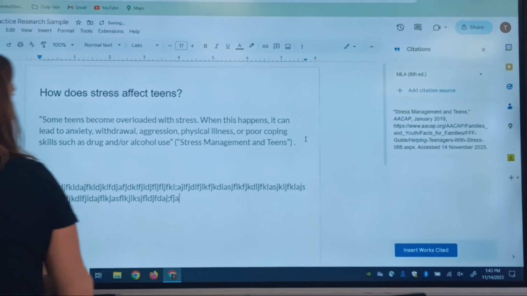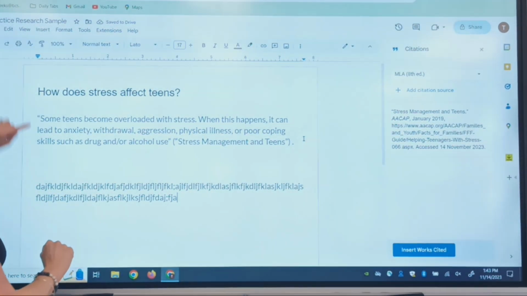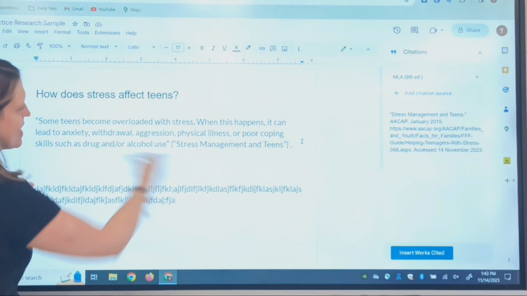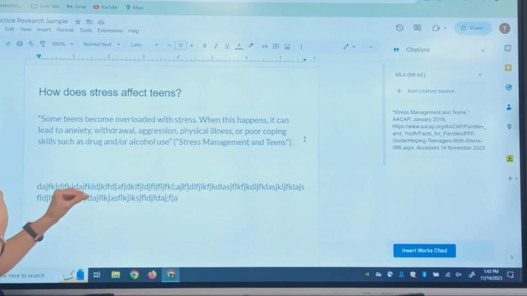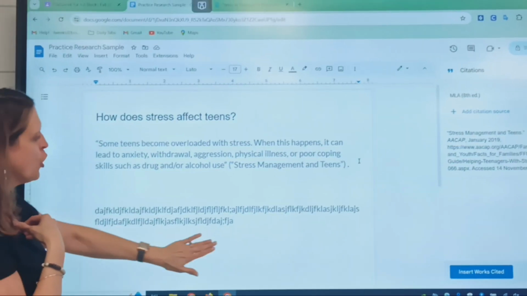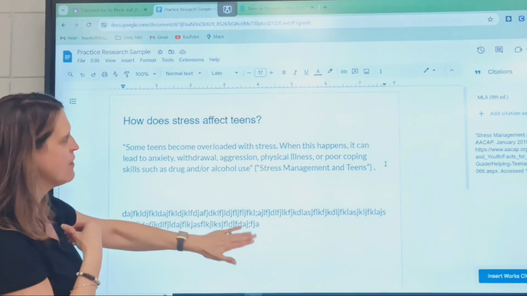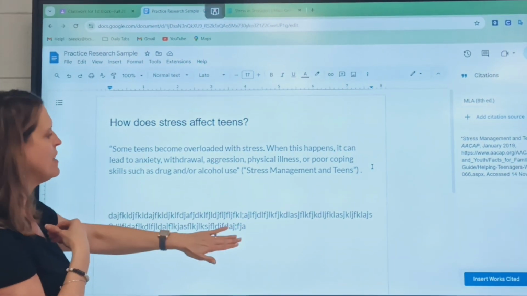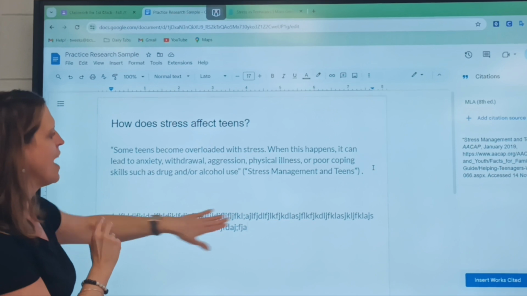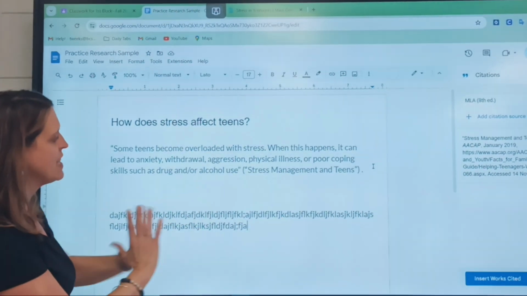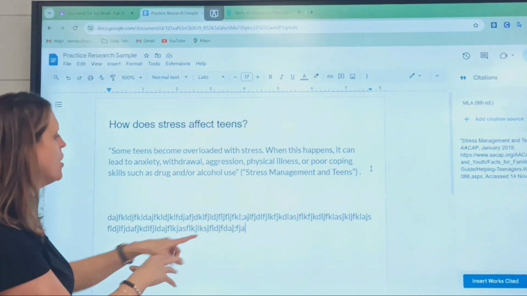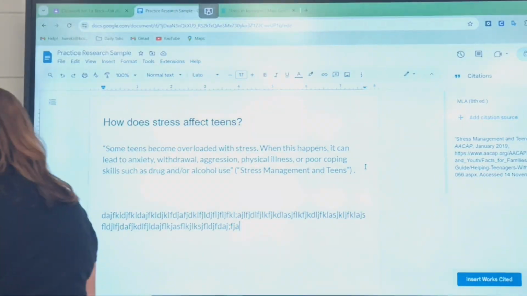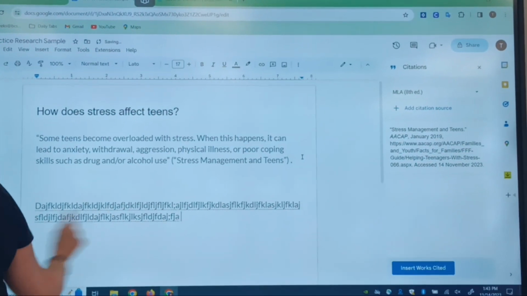Now, because it's in my own words, I don't put quotation marks around what was said because I have summarized it in my own words. But I didn't write these words. I had to give credit to the website that I got that information from. Okay? Just like with the Hunger Games. We had one piece of evidence that we quoted and one piece that we had the summary of or paraphrased, and we had to put our page number still. I have to give credit for this site. Okay? So I'm going to make sure my cursor is one click over. Okay?